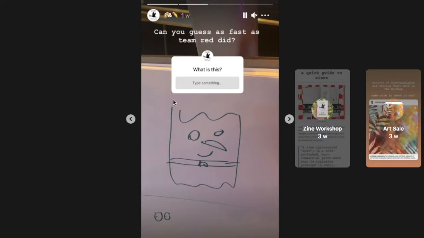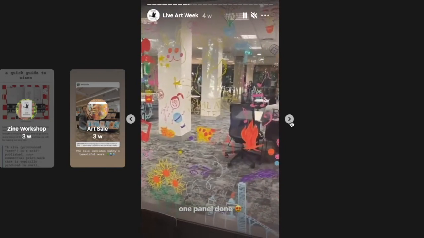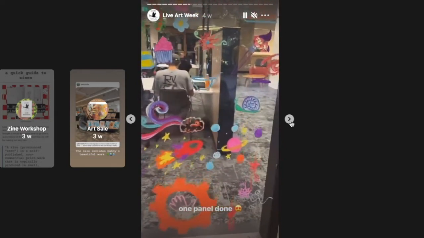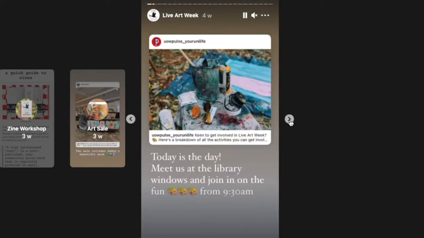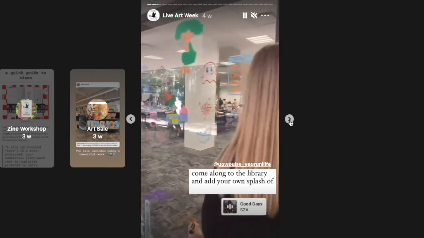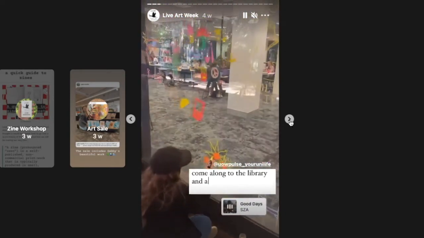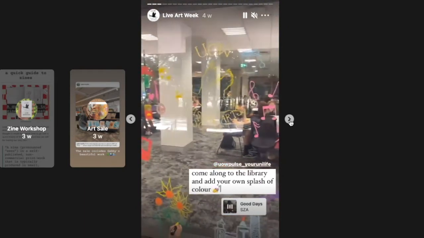Also, save videos for stories, as video posts only achieve 60% of the engagement that images do. During the event, stories should be used to establish a setting, demonstrating to followers where the workshop is and communicating its accessibility. It should provide an insight into what is happening as it's happening. The two most important things to capture in these stories are, first, what is being made through images and videos